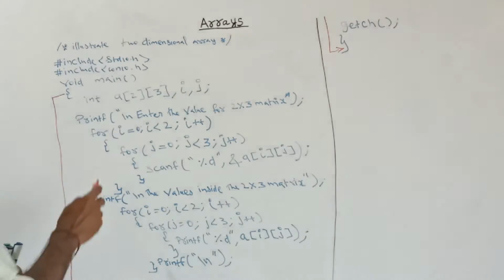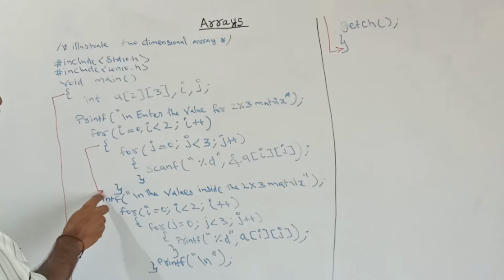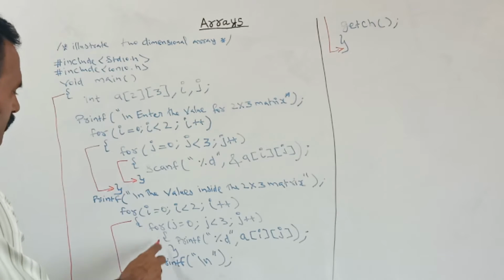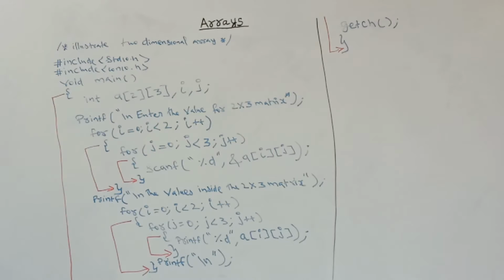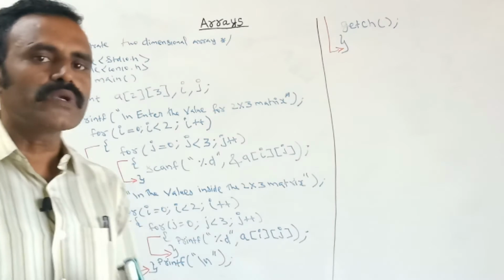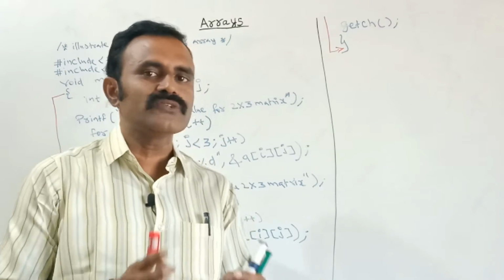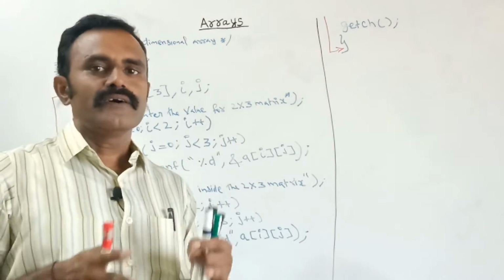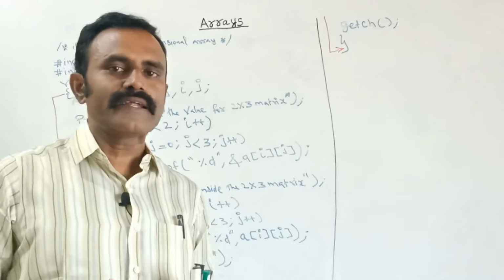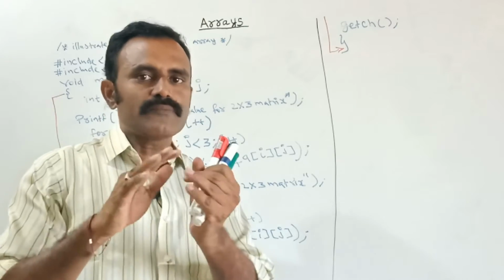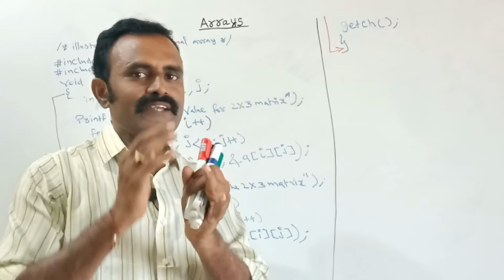Next, here I am using 2 loops, that is, a nested loop, for getting the value and for printing the value. For getting the value I am using 2 loops, and for printing the value also I am using 2 loops, because it is a 2-dimensional array. We are storing the values row-wise and column-wise, and in the same way we are printing the values. When we are accessing a value inside the 2-dimensional array, we should use the row and column, that is, the proper subscript values. Only by using those subscript values can we print it.